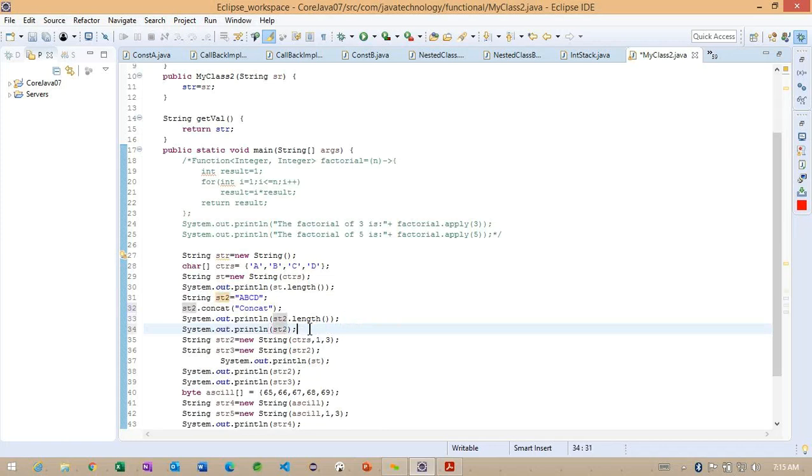So what output are we expecting here? If you observe, ABCD with a concat, so something called. Let me write the expected output also here.